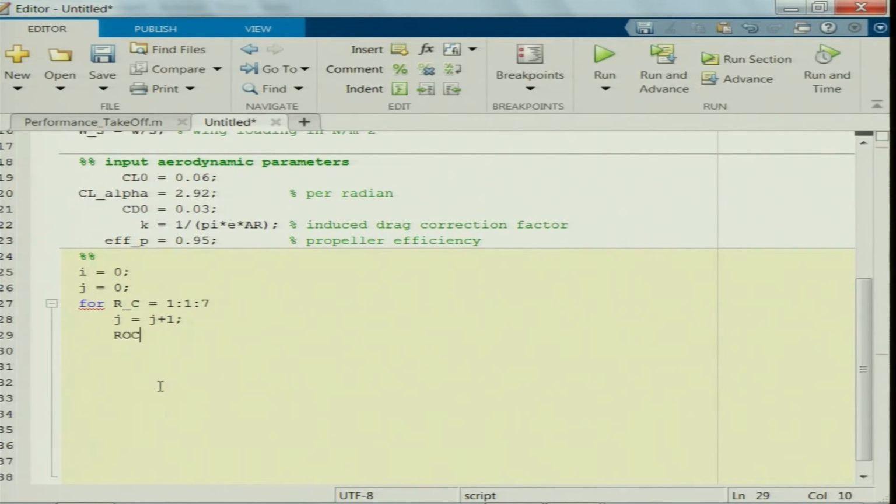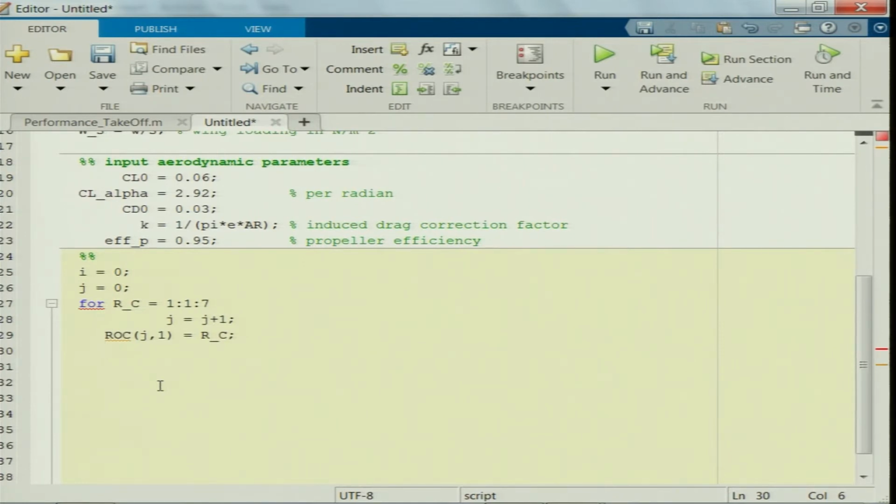I would like to store this ROC, rate of climb, as j comma 1. So, it is a column vector here. Rate of climb is r underscore c.